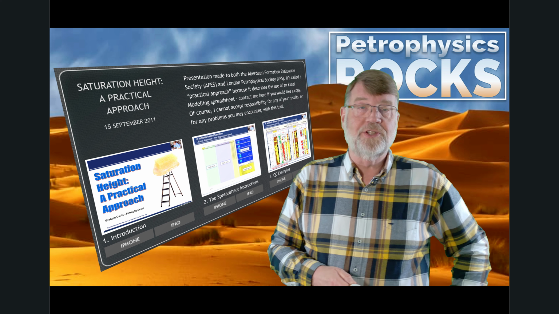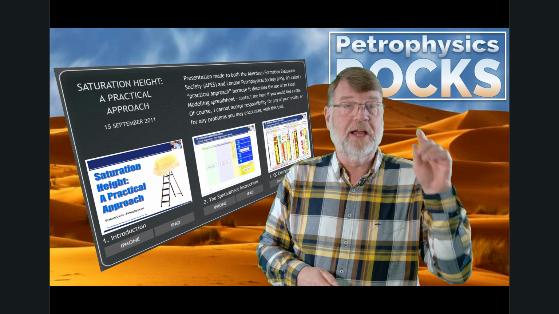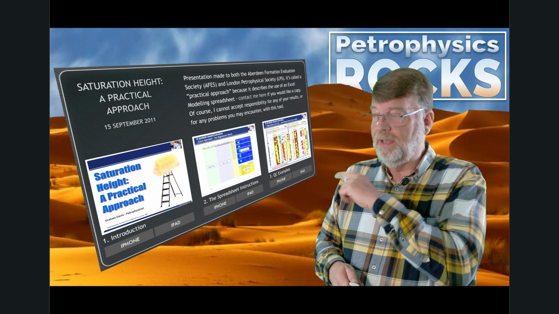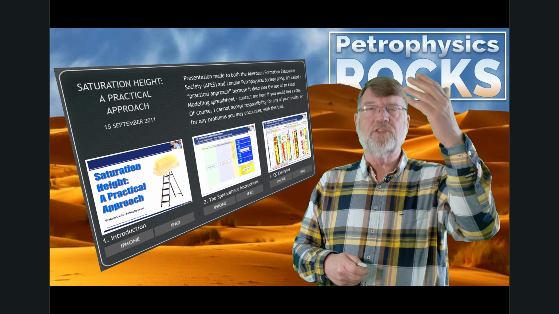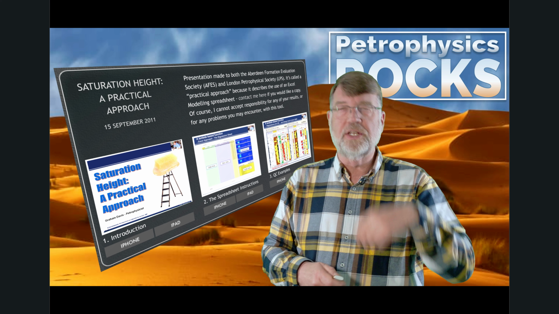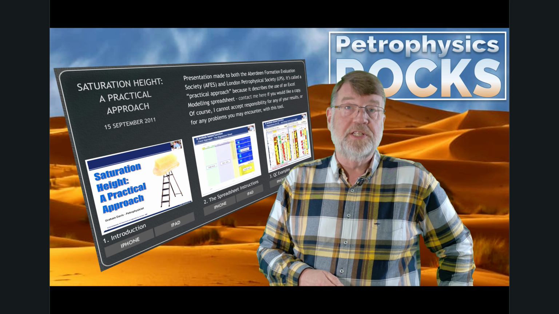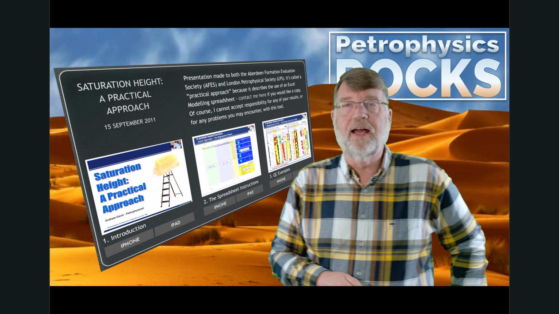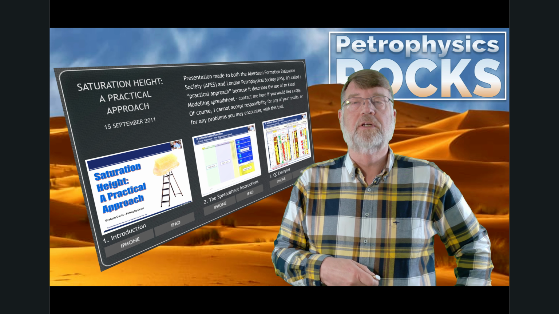Jan's latest spreadsheets were a bit more sophisticated. He included macros to do a lot of this stuff automatically. But I always like to keep it more manual so that you can commune with the data as you're going through this process. You keep an eye out for strange squirrelly things like 100% porosities and negative water saturations. As you go through this, you're getting more and more of a feel for your dataset.